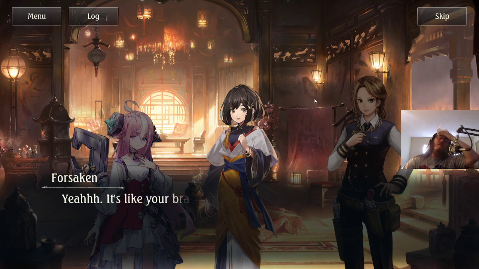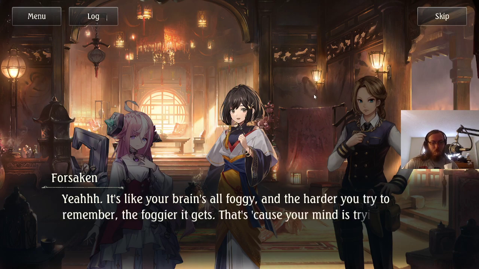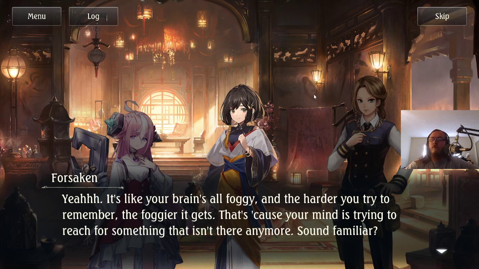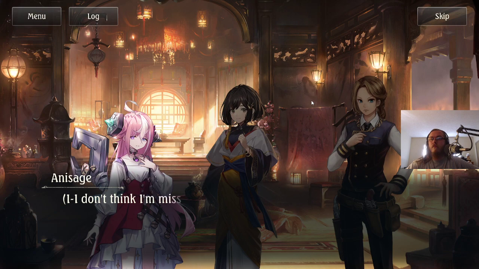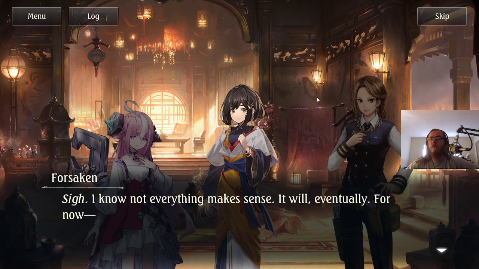Yeah, it's like your brain's all foggy, and the harder you try to remember, the foggier it gets. That's because your mind is trying to reach for something that isn't there anymore. Sound familiar? I'm pretty sure all my memories of Father are still with me. I don't think I'm missing anything. I know not everything makes sense. It will, eventually. For now...